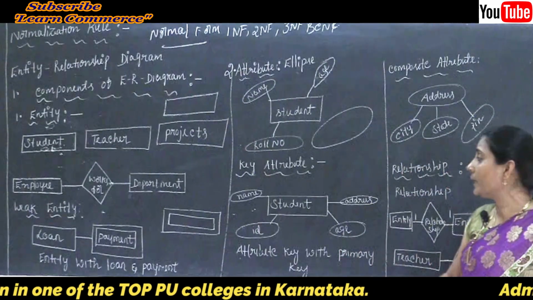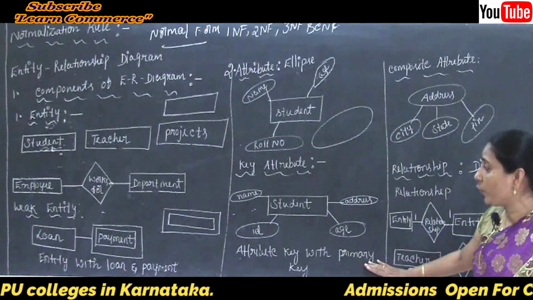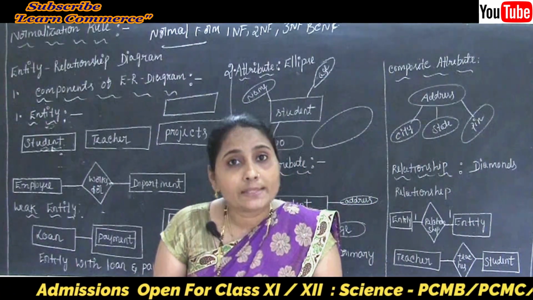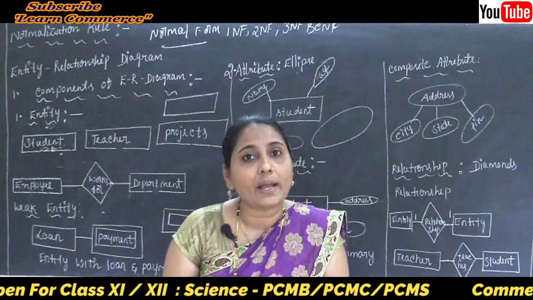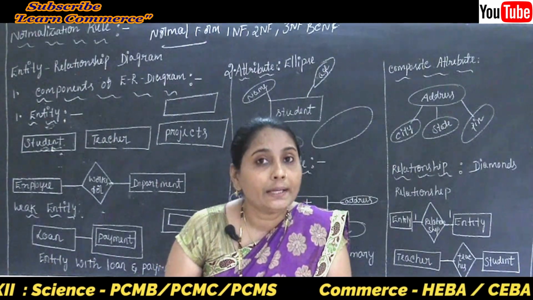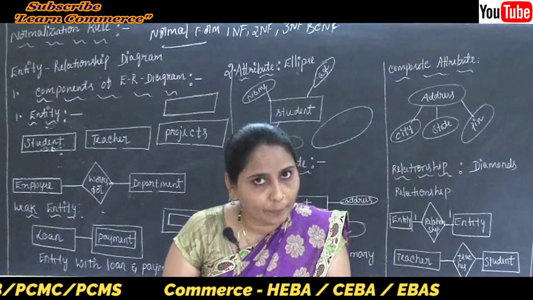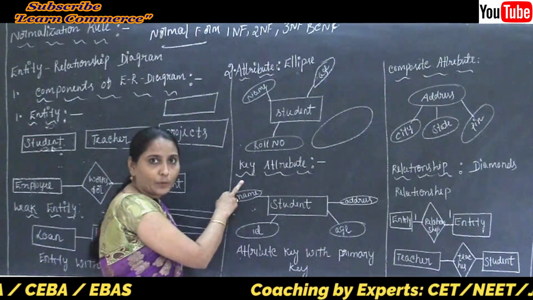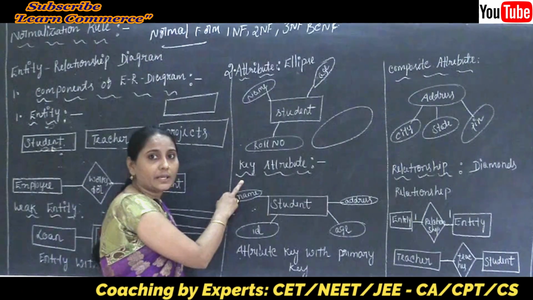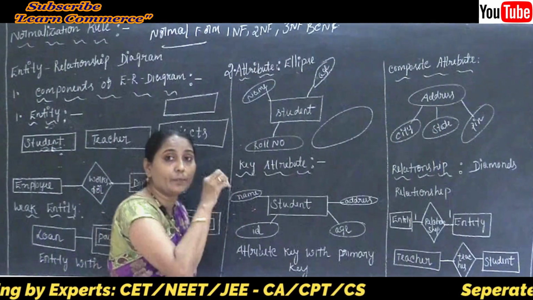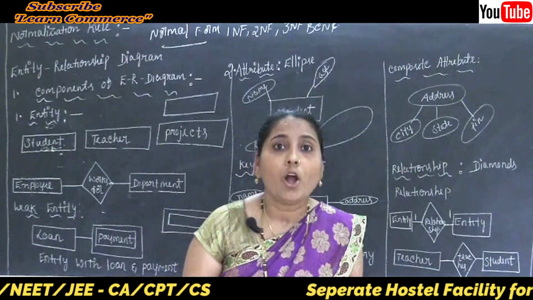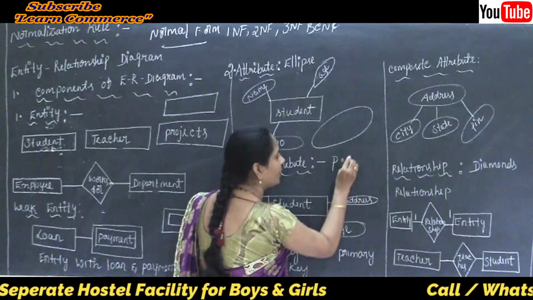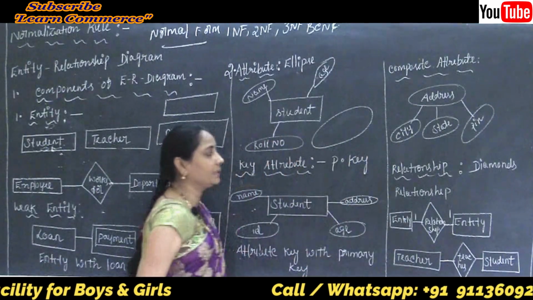And later, next, let's see our key attribute. Now what do you mean by a key attribute and how are we going to represent such a key attribute? The key attribute is a main characteristic of an entity. Clear this point here. It is the main key of the table here. So such a one is called the key attribute. A key attribute represents the main characteristic of an entity. It is the main key of the table, or it is used to represent the primary key.